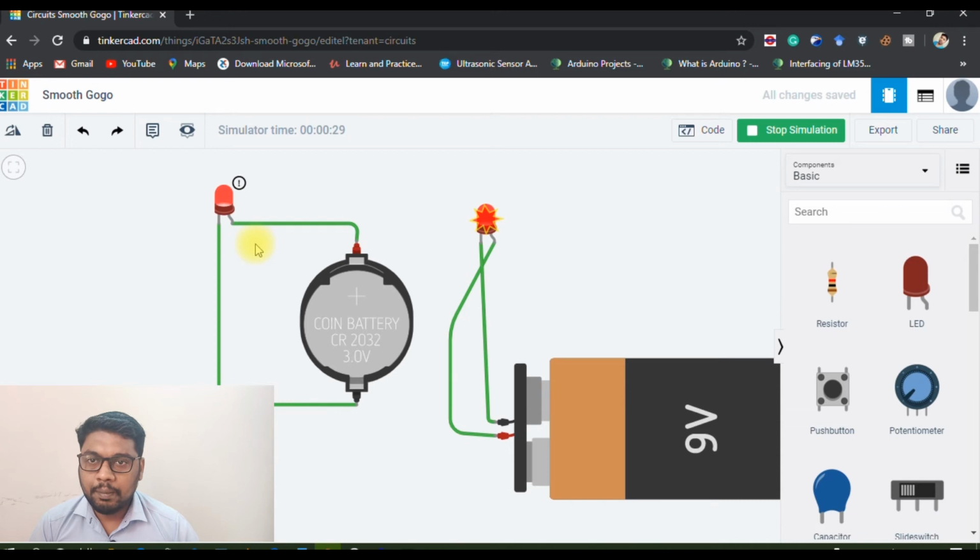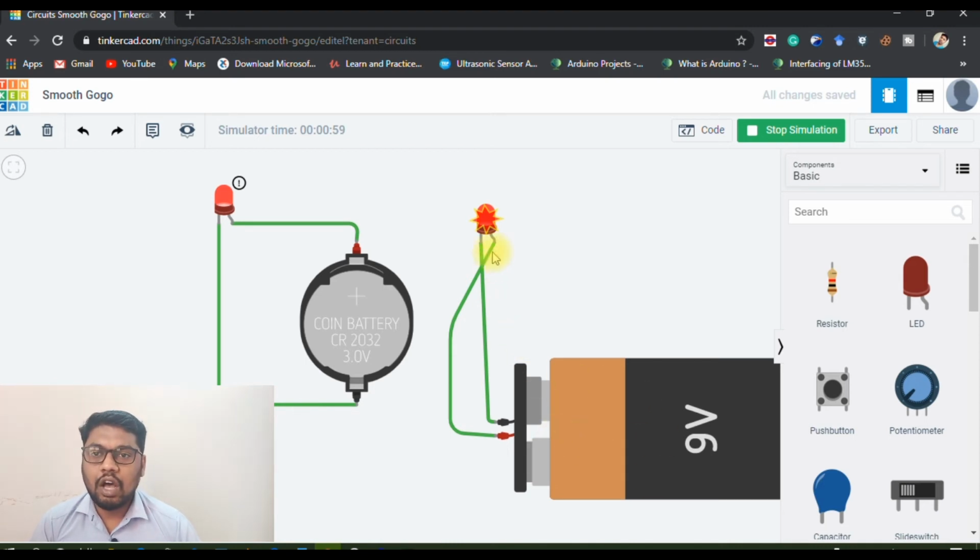So in a practical, real-time scenario, if you connect an LED to a 9 volt battery, maybe it will glow for a few seconds, and afterwards the LED will be destroyed. I mean, the LED won't light up later, because of overheating due to the over voltage, the LED will be destroyed, right? So don't use a 9 volt battery to light up an LED.